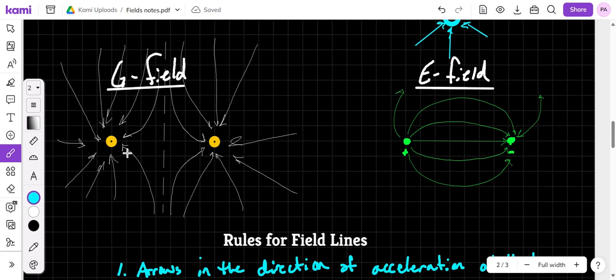So if these are two massive objects, then because gravity only works with massive objects and it's always attractive, okay, wherever we put a massive object around these guys, it's going to follow these lines that are coming in towards one of the massive objects. And if it's somewhere in between, it's going to be somewhat affected more by one than the other,